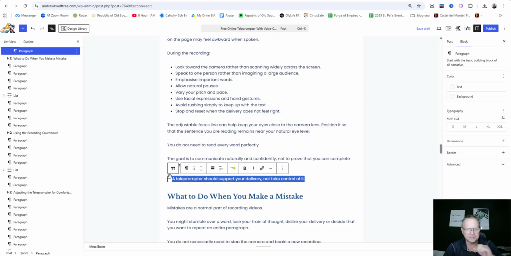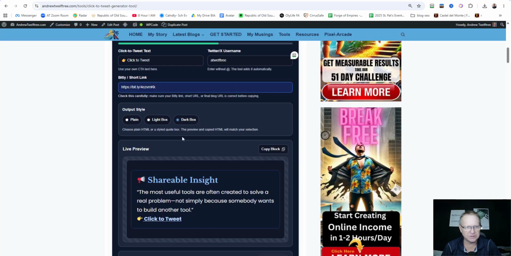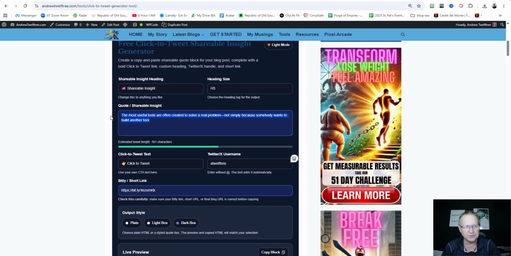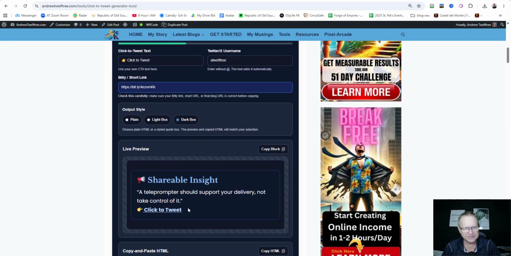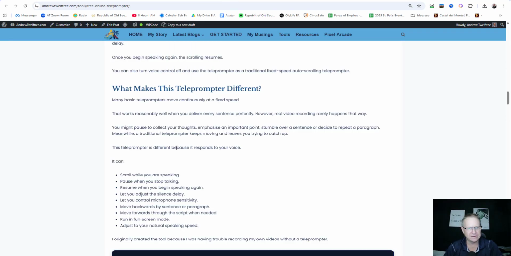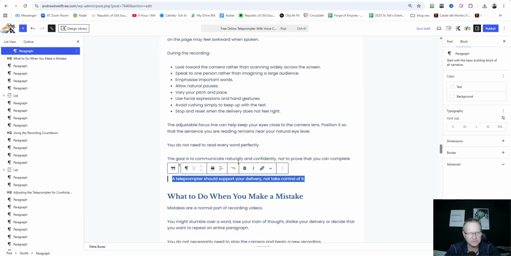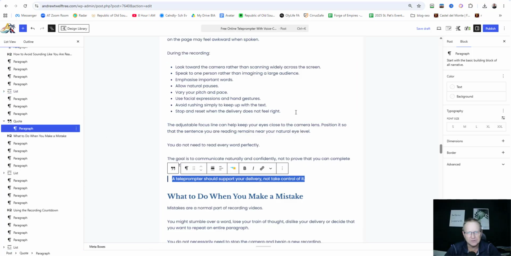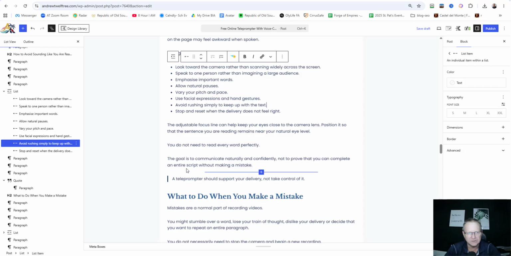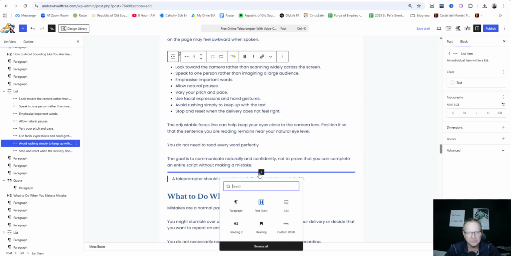Right, here's the next click to tweet. So we're going to copy that. Go over to the click to tweet tool. Here's the cool bit. All you need to do is paste that in there. The link's already correct, and whammo, there it is. Copy block. Come here. Where was it? Here. And we're going to get that out of the way. We're going to pop another